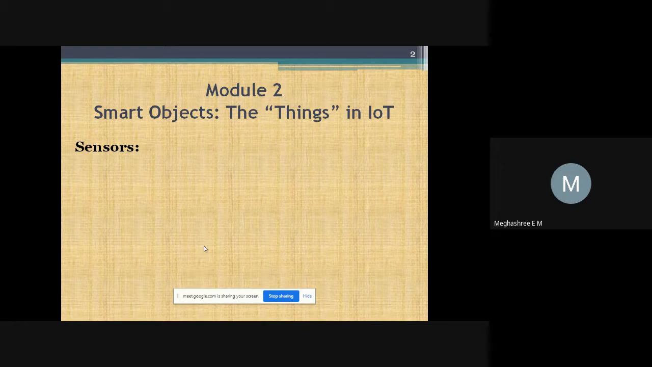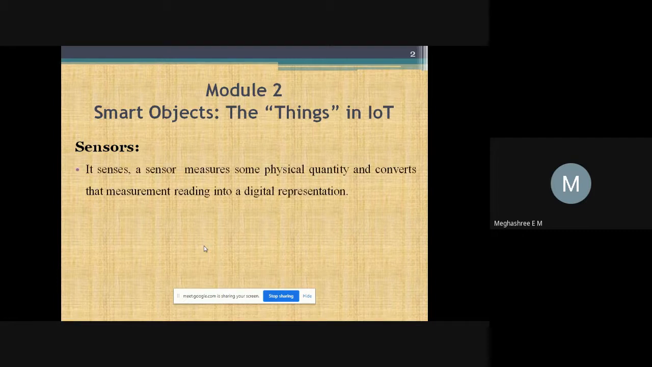What actually are sensors? As you know, sensors sense, or measure, a physical quantity. For example, say I deploy a temperature sensor in a room in my home. What does it do? It senses the current temperature of the room. So that is measuring a physical quantity. Once it measures, it converts those readings into a digital representation, because it has to be transmitted over the network